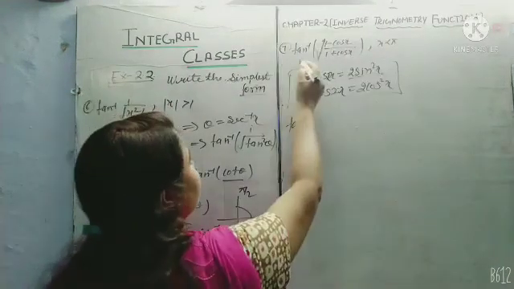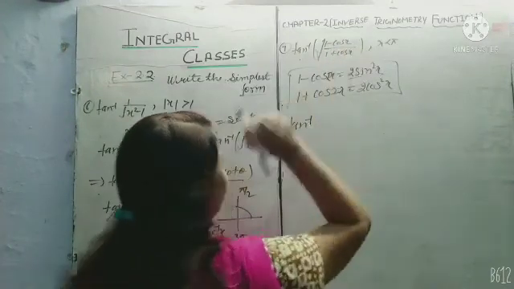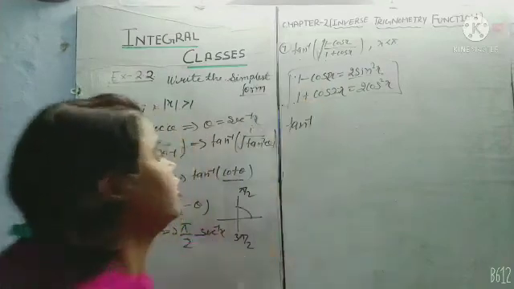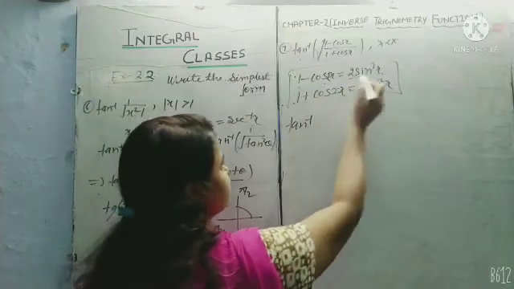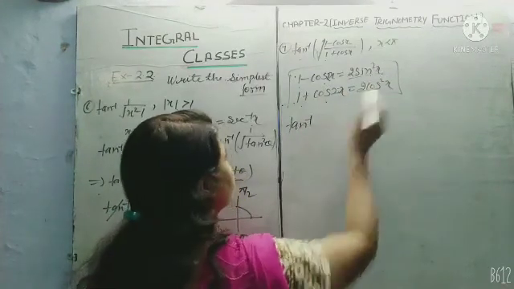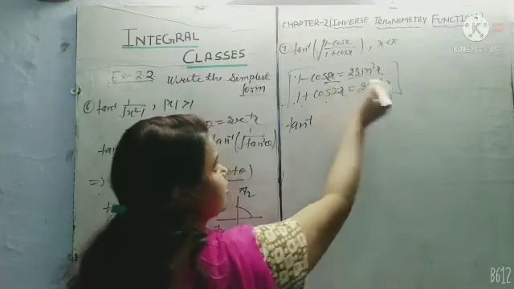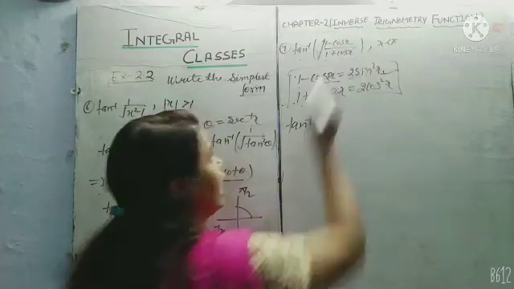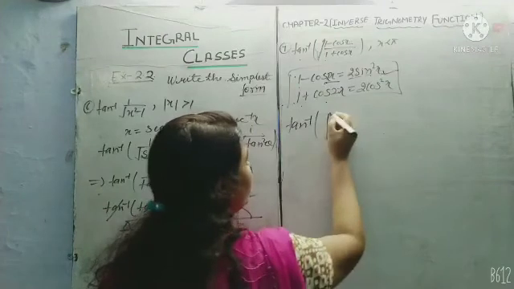Next, question number 7: tan inverse root of (1 minus cos x) upon (1 plus cos x). Now student, we use these two formulas, which we learned in 11th class: 1 minus cos 2x is equal to 2 sin square x, and 1 plus cos 2x is equal to 2 cos square x. Here the angle is double, but in our question the angle is single, so we take it as half.